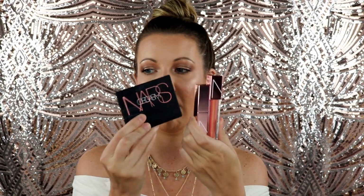NARS just recently released some of their orgasm products. So you've got the bigger pan size, well, I guess this is their normal pan size for blush, but this is the NARS Orgasm Blush. Haven't seen this yet or tried it yet, I'm not really sure where you have been, because this has been one of the most popular blushes that I've known about since before I even got into